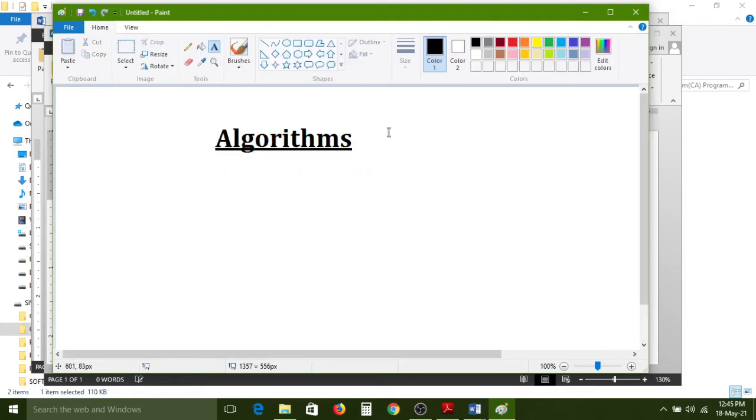Algorithms. What purpose can they serve? Actually, an algorithm is not computer code, not programming code. An algorithm is nothing but a step-by-step process for the programs you type.